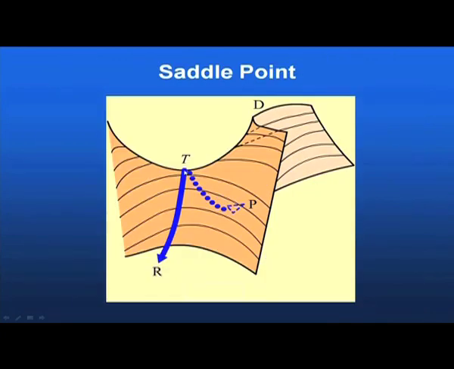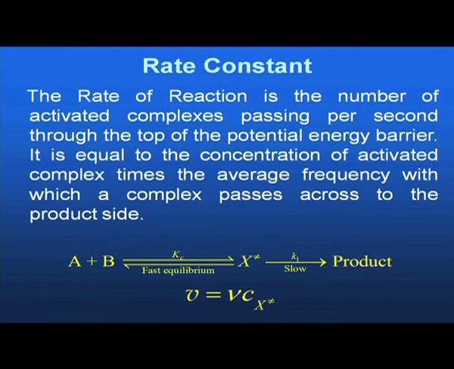This is the subtle point: this is your transition state, this is your reactant side, this is the product side. It is just like two mountains separated by a valley. So, this way the reactant will move to the transition state, and then it will pass to the other side, or maybe it will come back to the reactant side. It is just like a saddle, which horse riders generally use. Anyway,